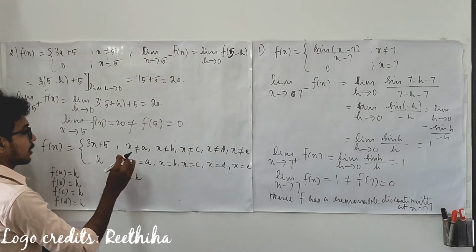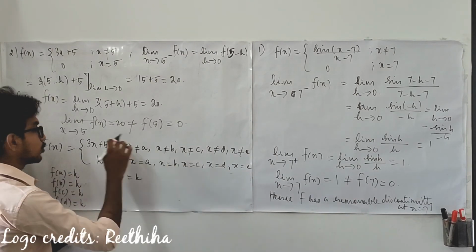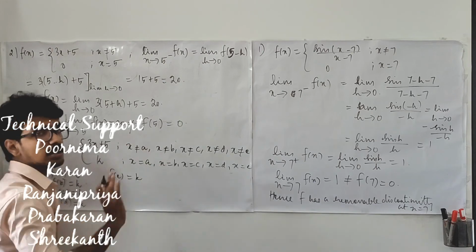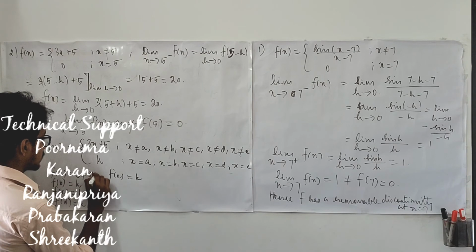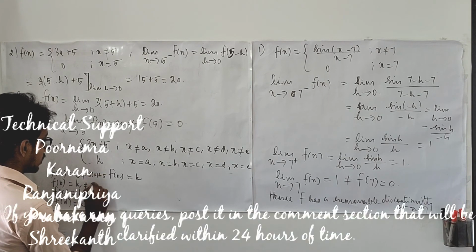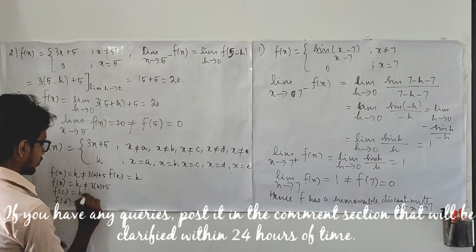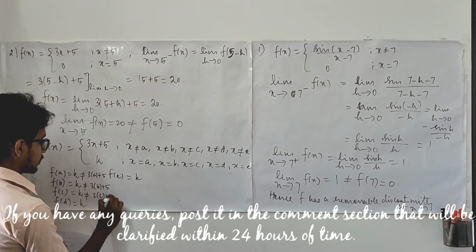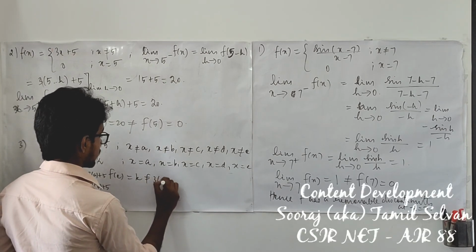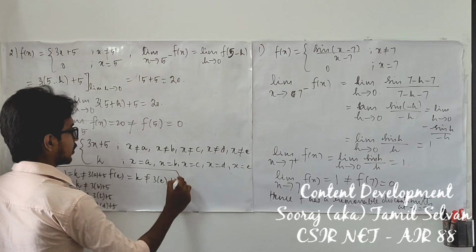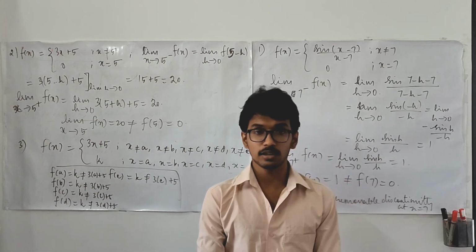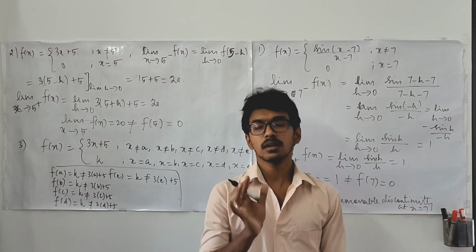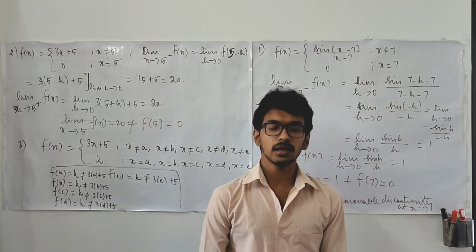So when you give a, b, c, d, e directly to the formula, k must not be equal to that. That is, k must not be equal to 3 times a plus 5, must not be equal to 3 times b plus 5, must not be equal to 3 times c plus 5, and so on. If you define it like this, the function will have a removable discontinuity at 5 different points, and at all other points this function turns out to be continuous.